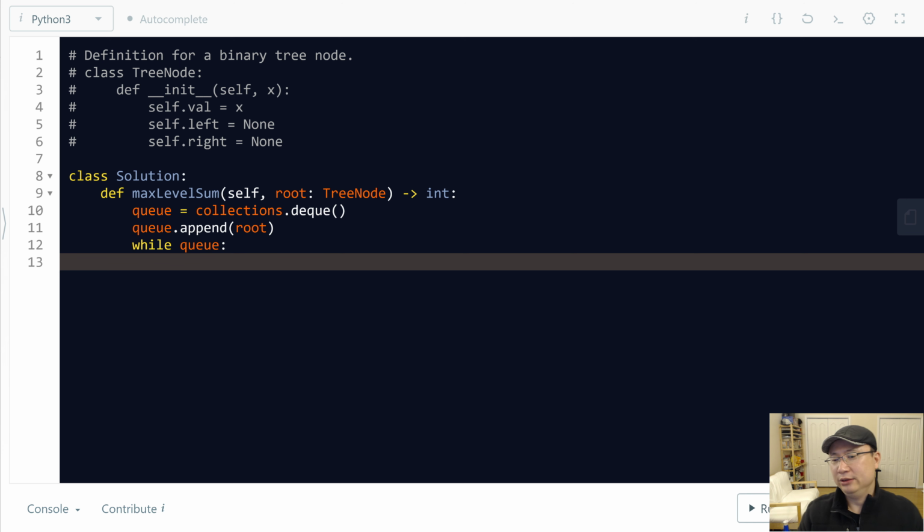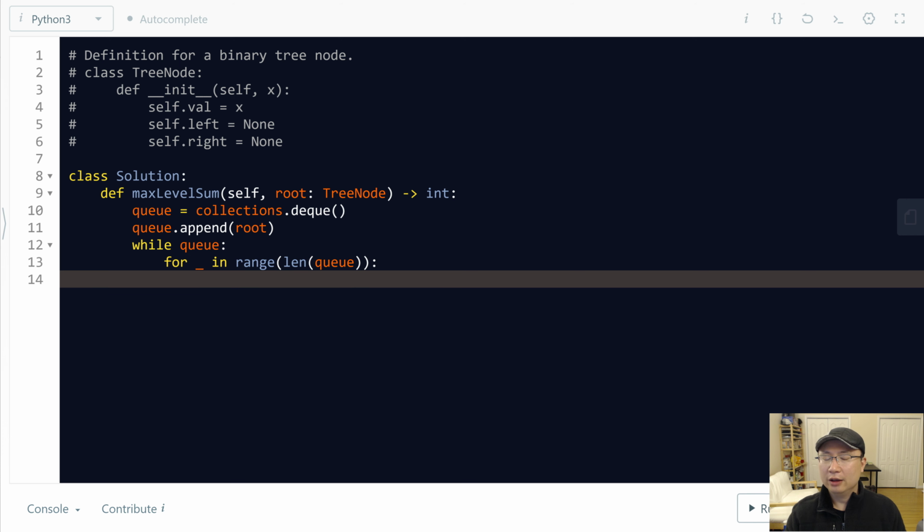I will iterate until Q is empty, and then for level order we need to iterate over the length of Q, and I will get one node from Q,